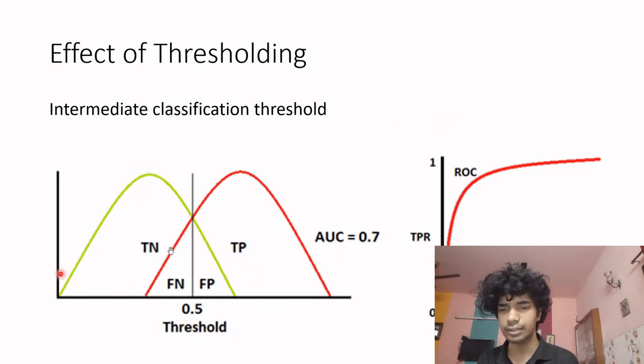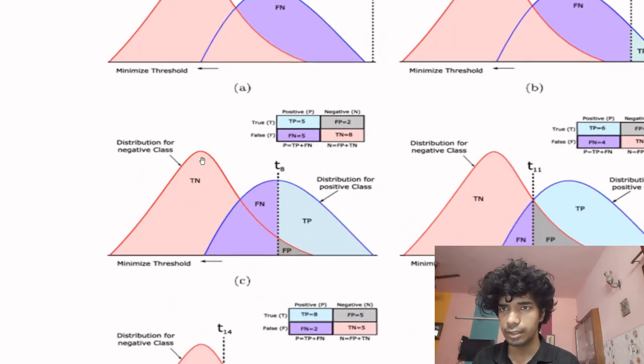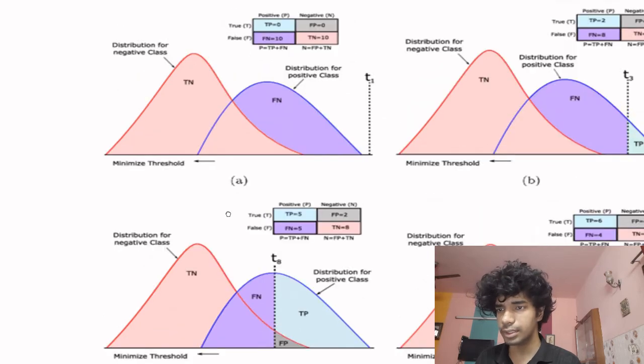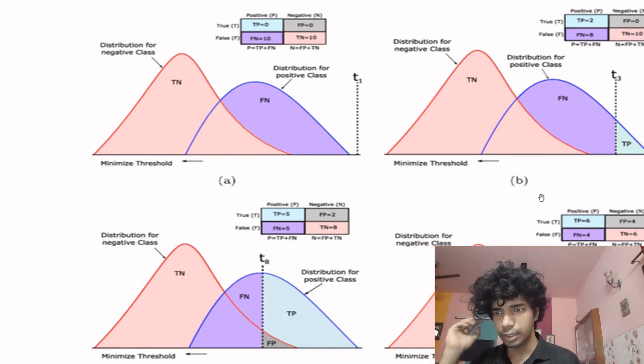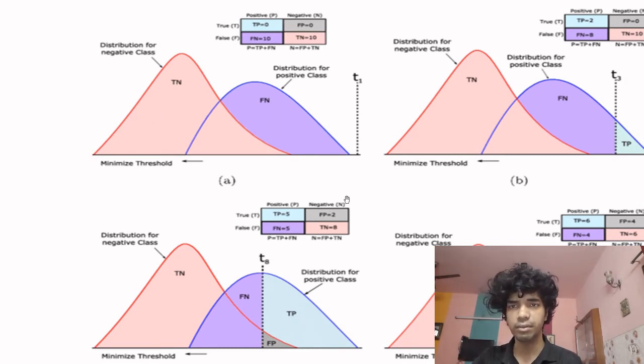So let's understand this in depth. Yeah. So this is my negative distribution, this is my positive distribution. Anything to the right of the threshold is positive, anything to the left of the threshold is negative. So this was the negative distribution, everything becomes a true negative. This was the positive distribution, everything becomes a false negative. Obviously, because it was positive but has been predicted as negative, to the left of the threshold, the prediction is false, so it is a false negative.